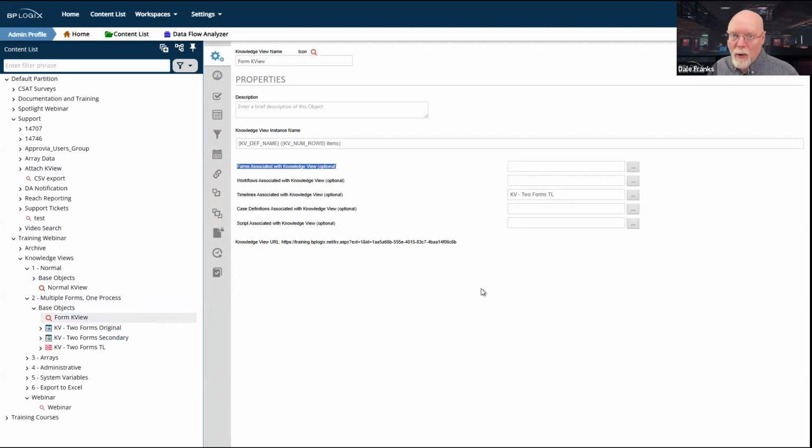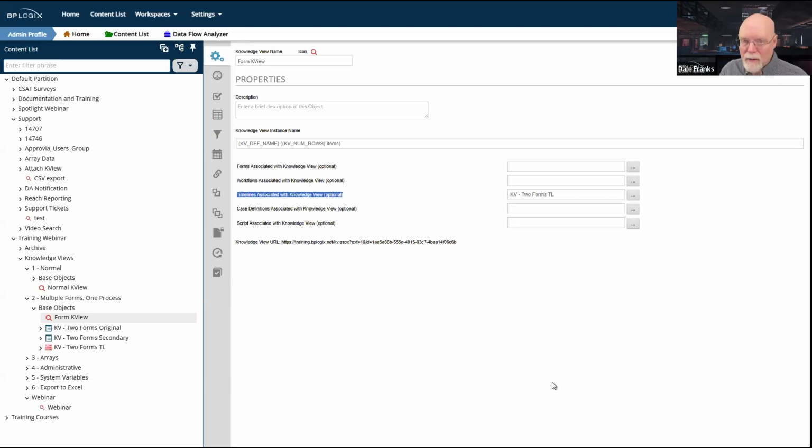And if I can only pick one form, I'm not going to see my second form, so I can't use it. Happily, timelines associated with knowledge view is going to work for me, because both forms, in fact, all forms, whenever you submit a form and it kicks off a process timeline, that form automatically becomes an attachment to that process timeline.